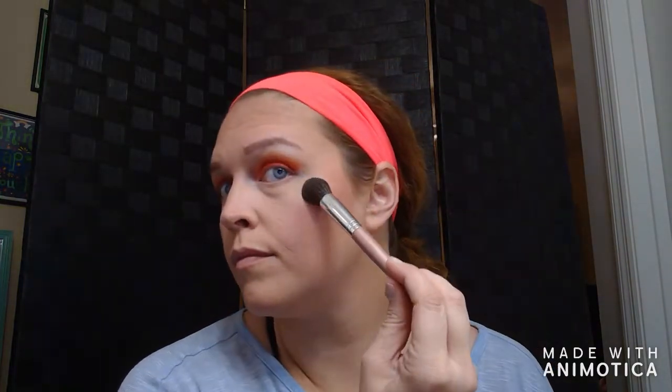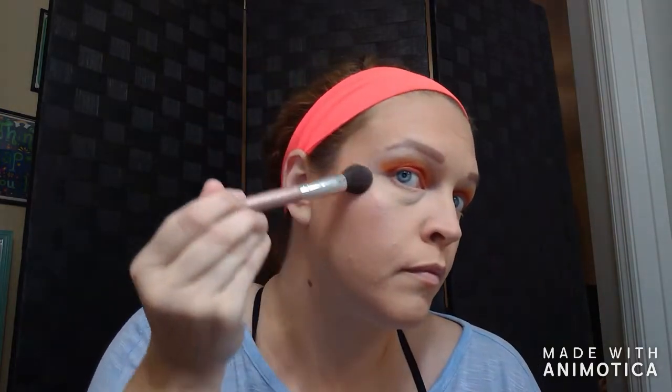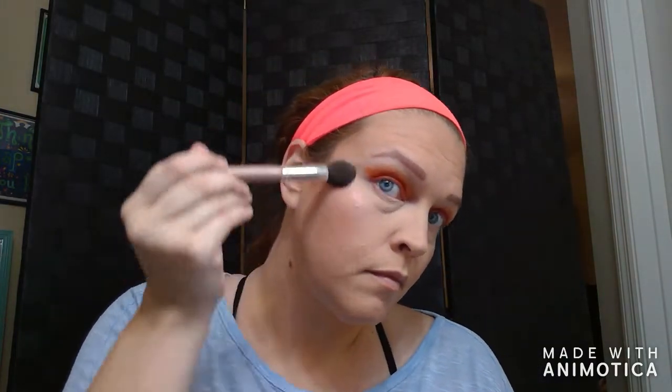All right, and then I'm gonna go in with a highlighter, and I have my Anastasia Sugar Glow Kit, which I absolutely love. And usually my go-to, which I've hit pan on now, is gonna be Gumdrop, and that's in the top right-hand corner. It is so unique. It's got this pink, gold, purple shift to it. It is wonderful. And I kind of just do the high cheekbones and then a little bit on my nose